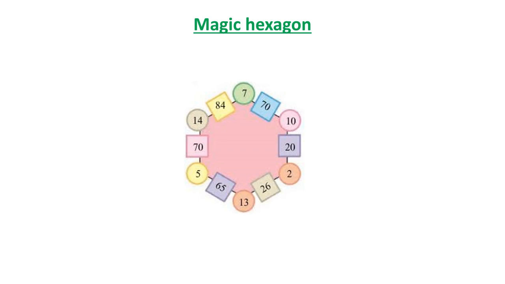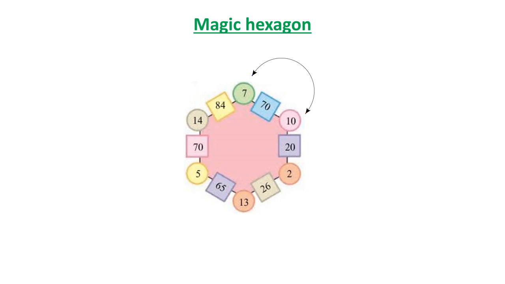Now what is a magic hexagon? Look at this figure. Can you find something common in this figure? See, the first circle and the second circle. First of all, a hexagon is a 6-sided closed shape. So it has 6 sides, and the first one, if we take the first side,